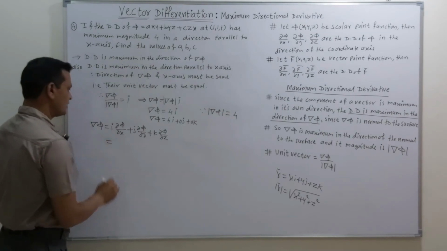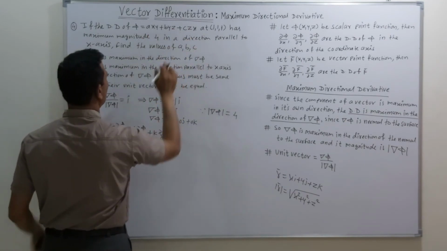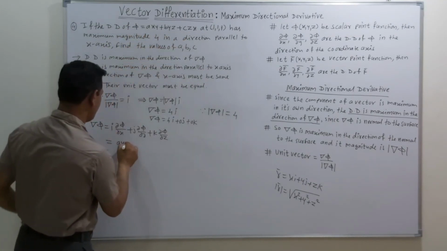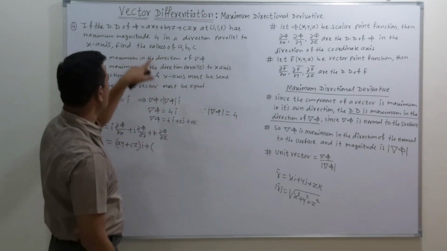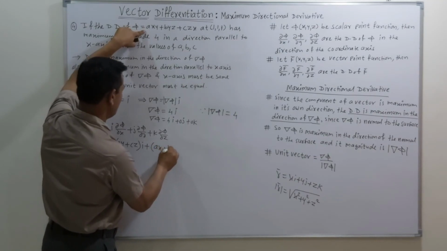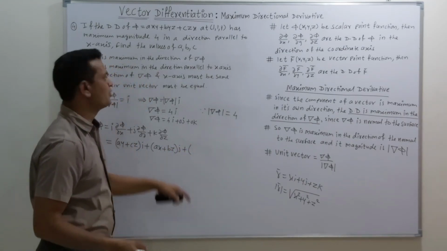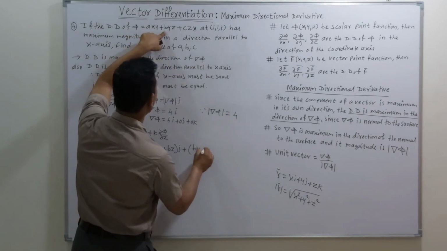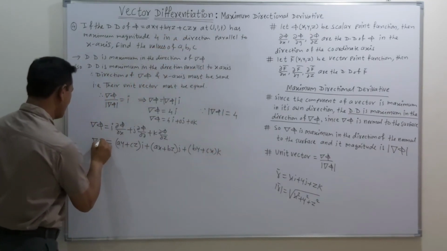So now friends, let's find the partial derivative of phi with respect to x, y and z. So this is the value of phi. Take its derivative with respect to x. The first term is ay plus cz into i, plus again take the partial derivative of this term with respect to y. So we get ax plus bz into j, plus take the partial derivative of this term with respect to z. Z is absent here, so this term is by plus cx into k. So this is the value of del phi.